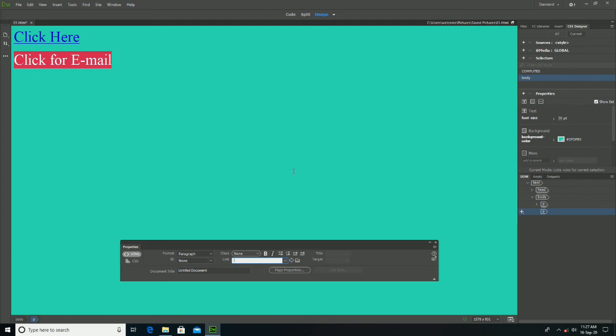And in property inspector, in the link column, add mailto and the email address for the link.